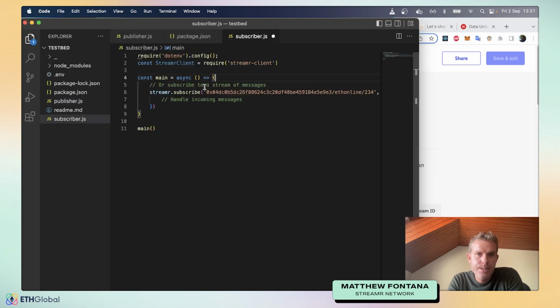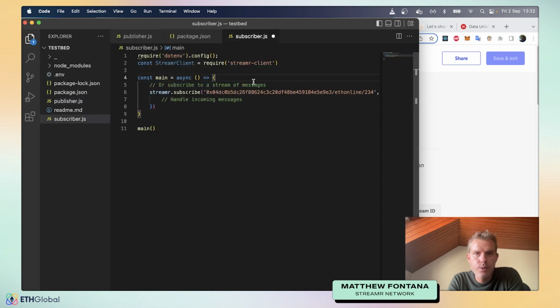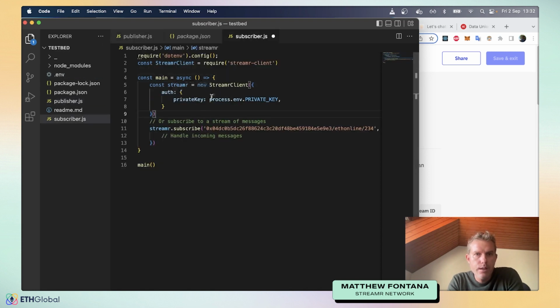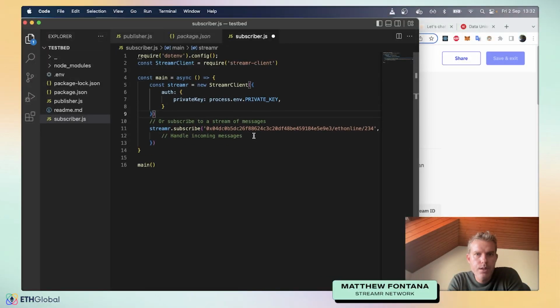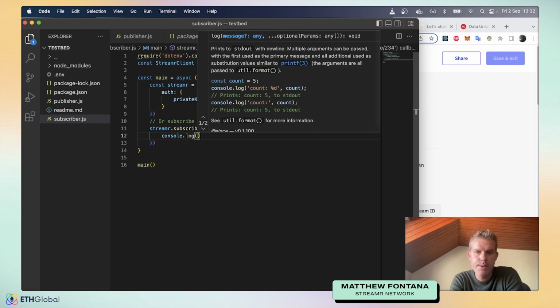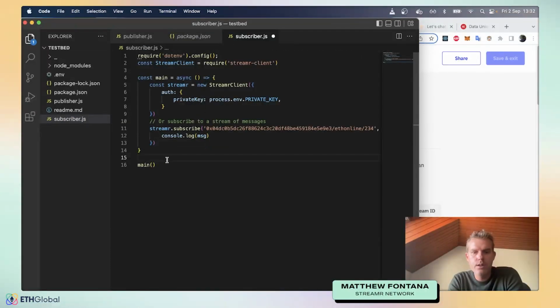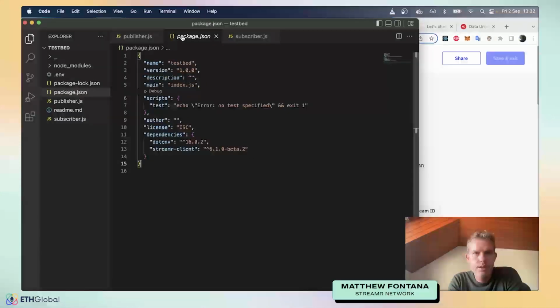In the subscriber script, we do something pretty similar. It's actually something I've missed out here. I need to copy over setting up the object, and so we do a streamr.subscribe to this, and we need to do something with the message. So let's do something very unimaginative. Let's console log it. Great. Okay, so now we're ready to run our publisher script,